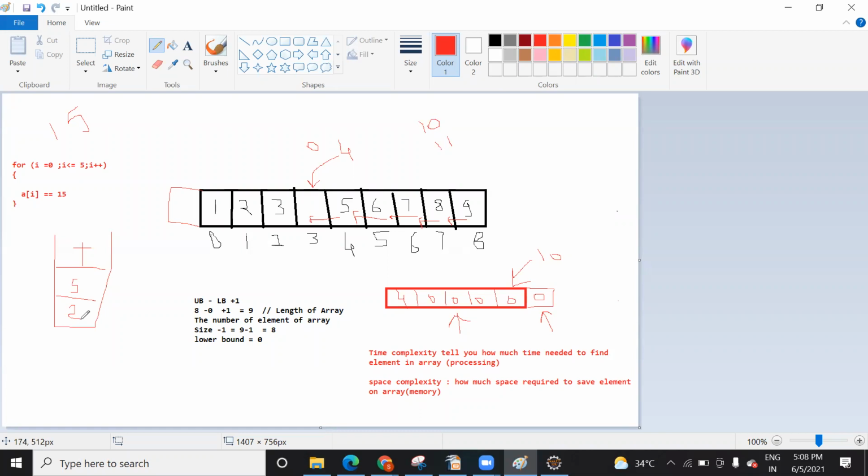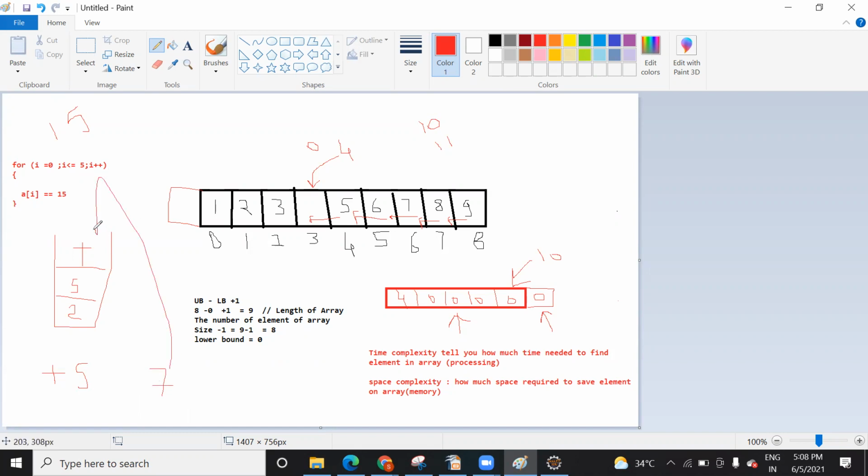With a stack, they will do the pop. So once it does pop, it will find plus, then 5, and then 2. Whichever operator is present consecutive to any two numbers, it will do the addition operation. And once it does the addition, 7, it will push this 7 back to the stack.